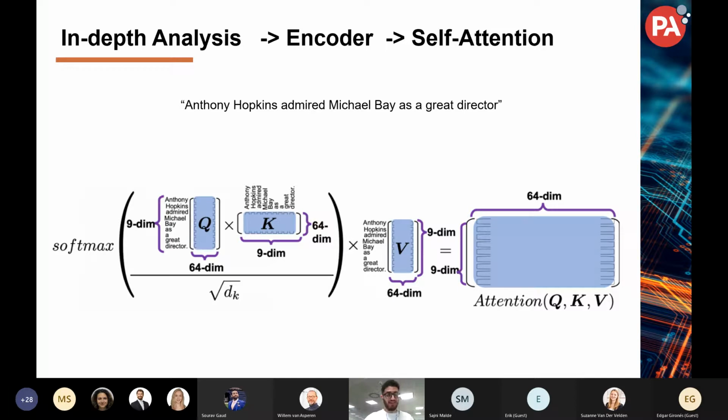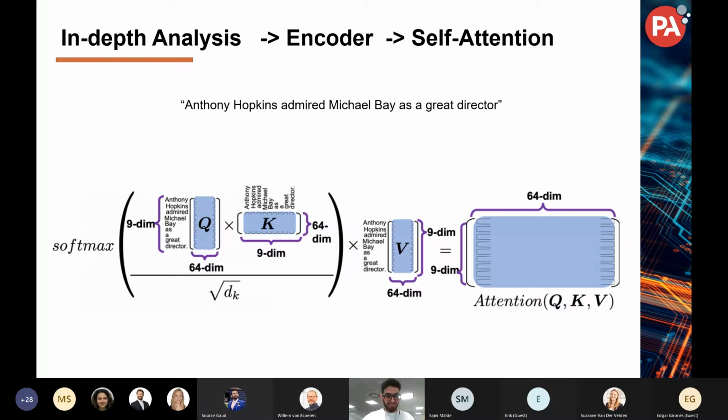And for example, in this case, every embedded vector is made of 64 different dimensions. So literally every word is projected into a 64-dimensional geometric space, and is basically a single point in this space. So when we multiply the query by the key,